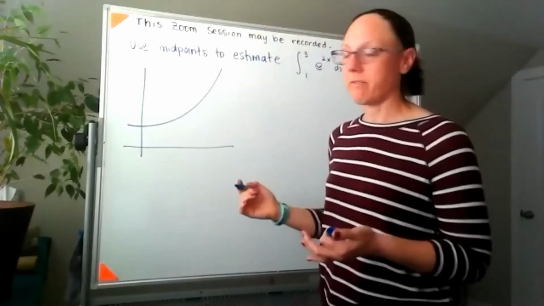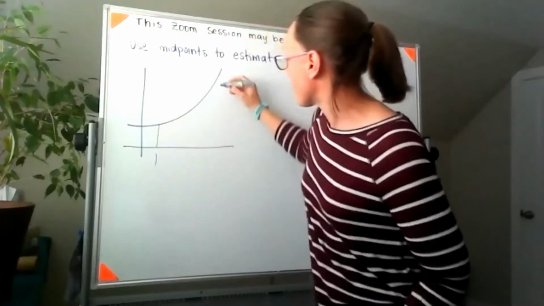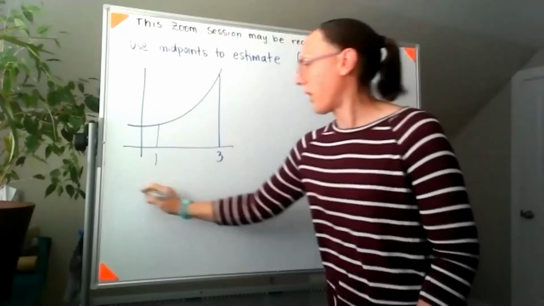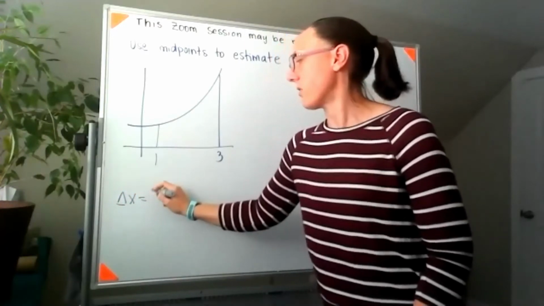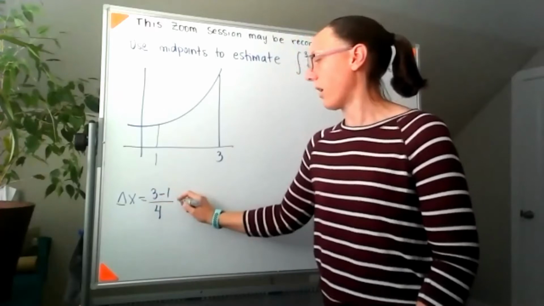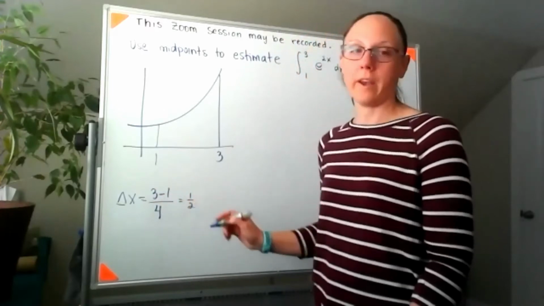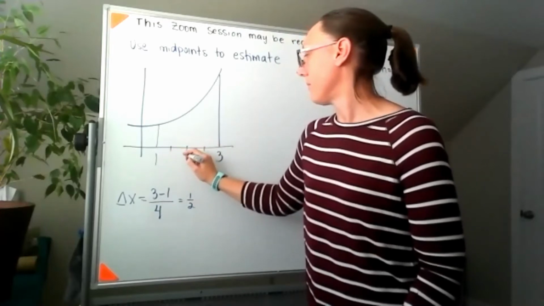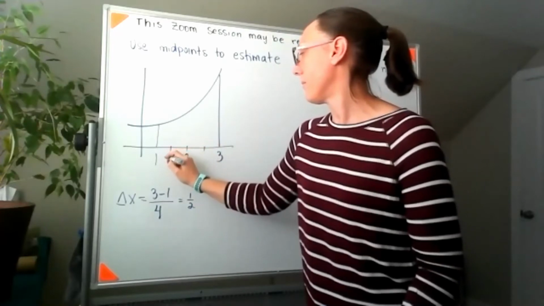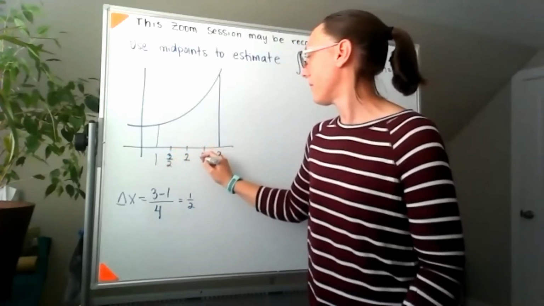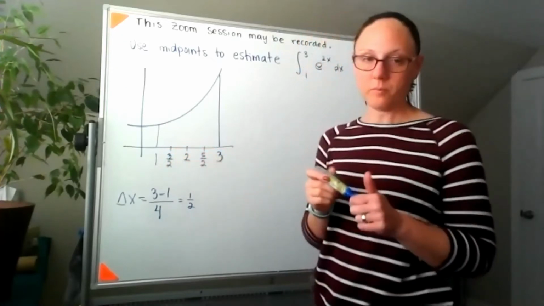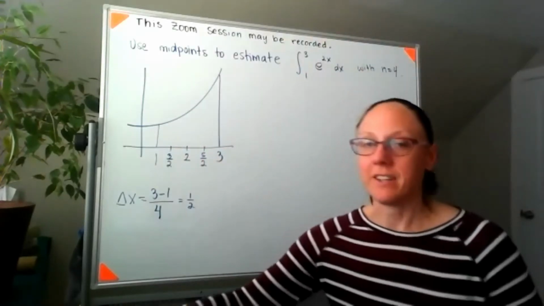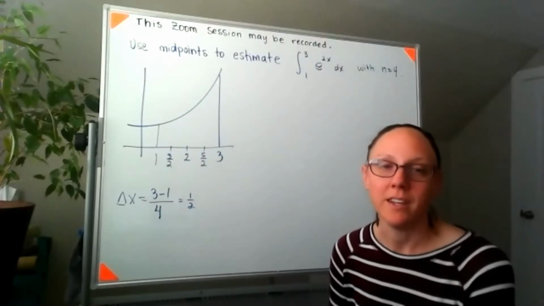And I said that we're going from 1 to 3. So here's 1 and 3. So if n equals 4, then I know my delta x is going to look like 3 minus 1 over 4, or 1/2. So I've got all of my intervals now, but the fact that I said we're using midpoints means now we